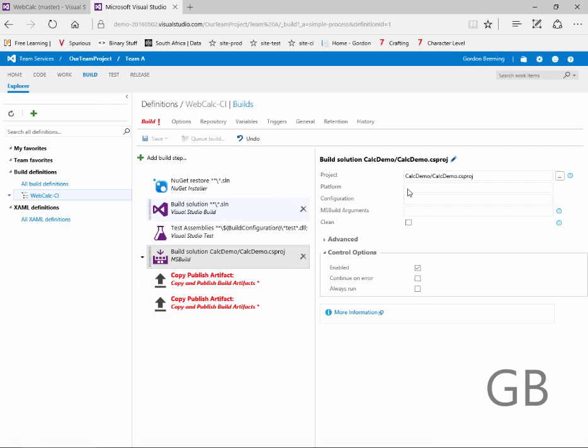And click OK. And then platform, we're going to set that to build platform. Configuration, we'll set to build configuration. MS build args. Basically what we're going to do here is we're going to say that the output path goes to the